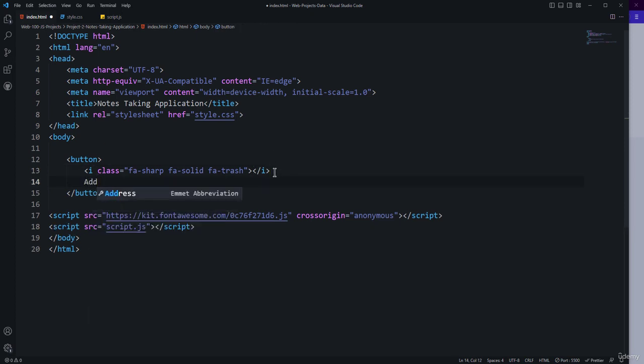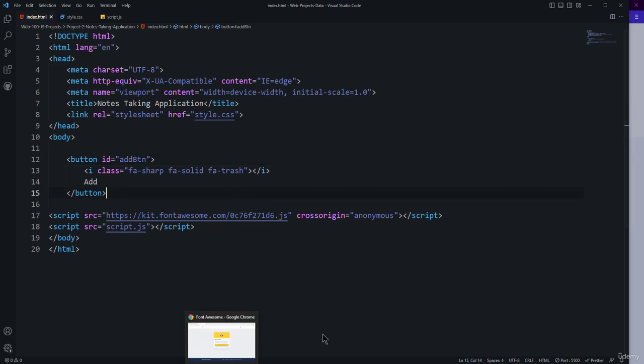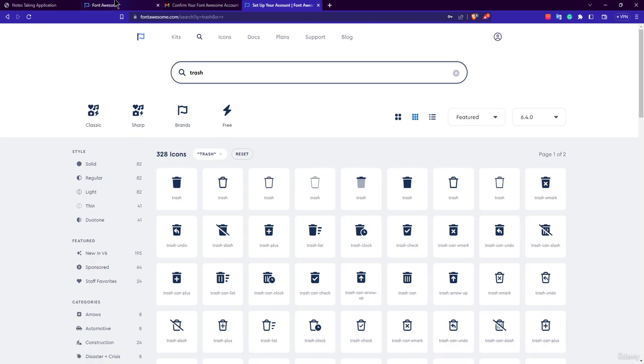It is going to say Add, and then I need to add the ID to this particular button, which is add btn. So I need to specify the equal to sign, and then type the ID name as add btn. If I Ctrl+S to save it and come back to my Chrome browser,